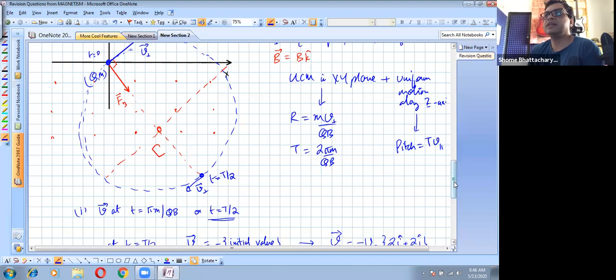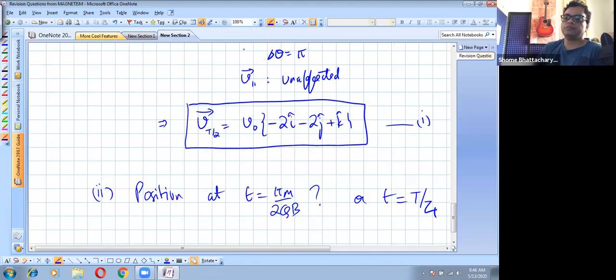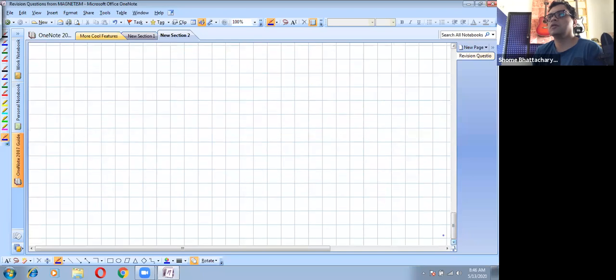Right? So the second time that I've given you is a quarter of the time period. So you have to understand, as far as the circular motion is concerned, where the particle would have reached. Okay, so if we look at the motion,